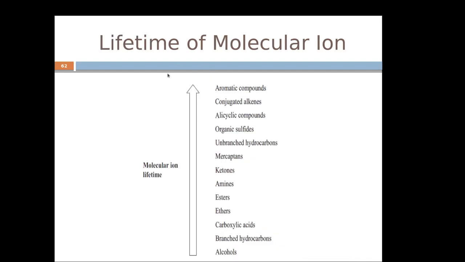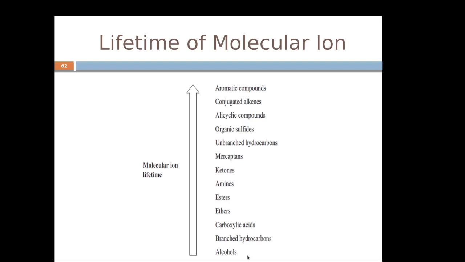So this is a chart which shows the stability of molecular ionic species as we go from the bottom to the top in the upward direction. The lifetime of the molecular ionic species increases. That means as we go from here all the way up here, the formed molecular ionic species will be more stable. Okay, so for example, the molecular ionic species of alcohols will instantaneously get fragmented,